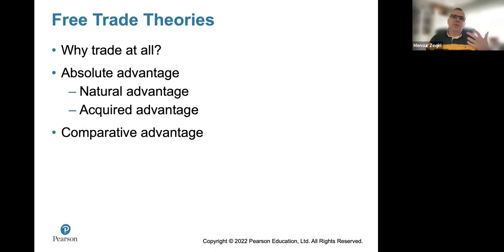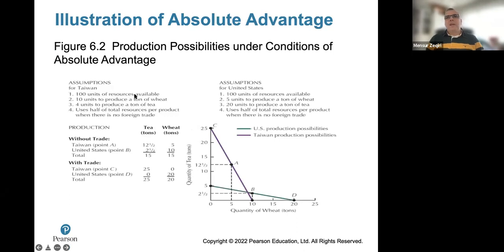So gains that countries receive from trade will occur even in a country that has absolute advantage in all the products, because, as I said, the countries must give up less efficient output to produce more efficient output in these cases. And if we look at this figure that we have here,